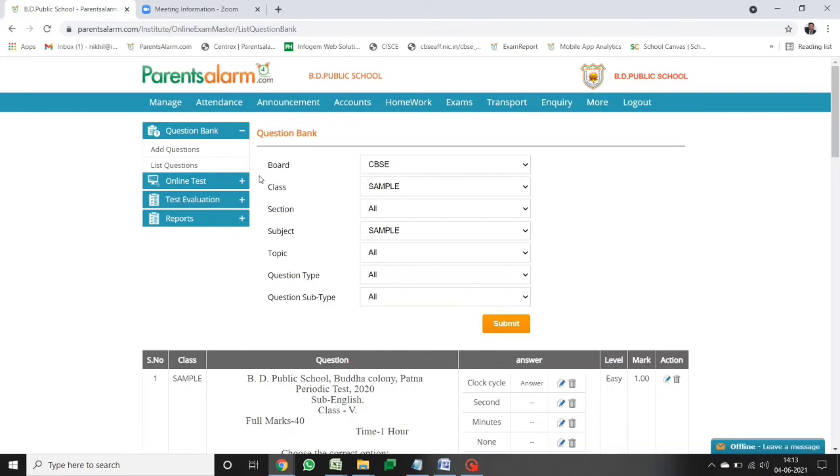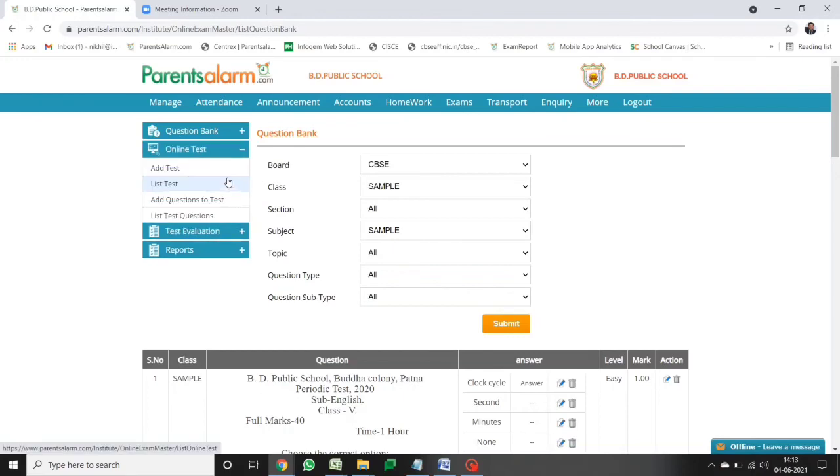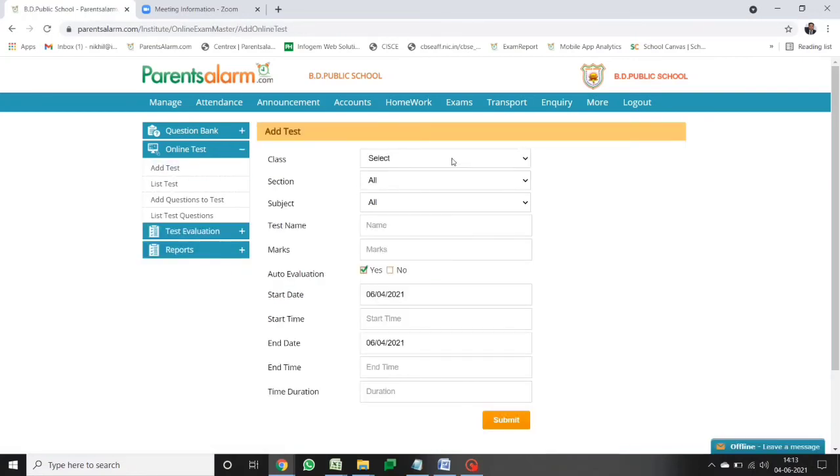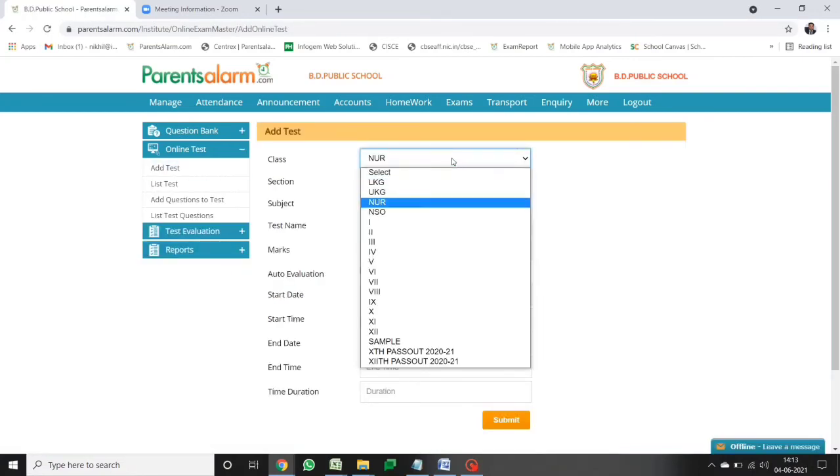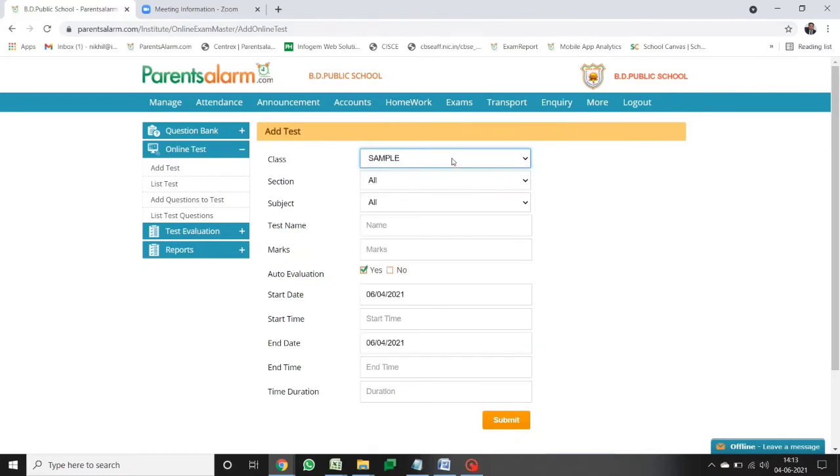Now I will go to create the test for my class. So I will click on add test. After clicking add test, I will select my class for which I am scheduling the test, the section, the subject.